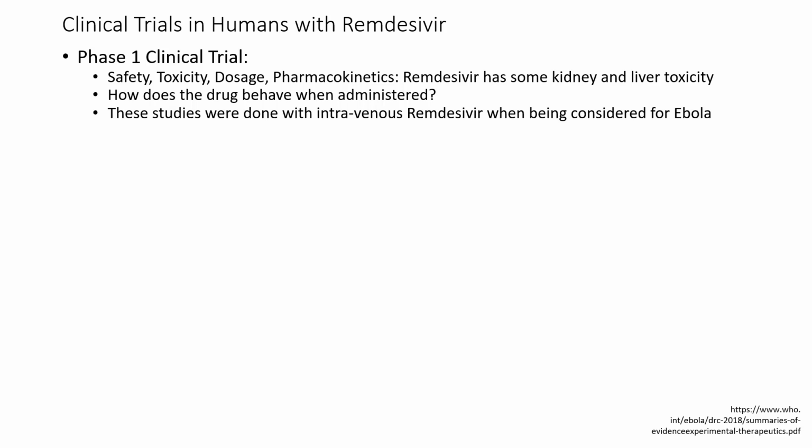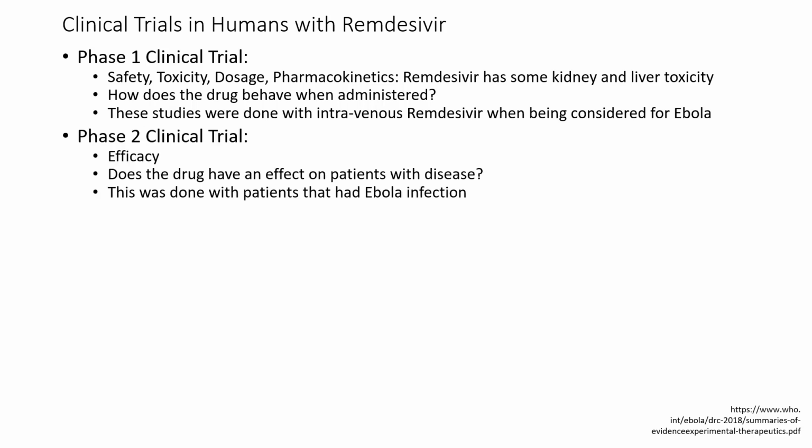These studies have already been done with intravenous remdesivir when it was being studied for Ebola. Those studies did show that there is some kidney and liver toxicity in remdesivir. However, it was considered a good enough drug to go on to phase 2 studies. The purpose of a phase 2 clinical trial is for efficacy. We want to answer the question, does the drug have an effect on patients with the disease? This has already also been done in patients who had Ebola